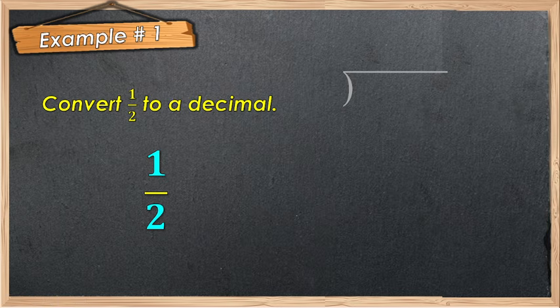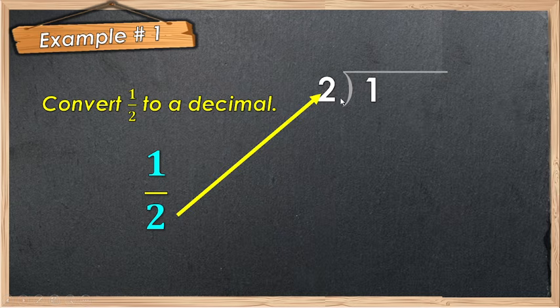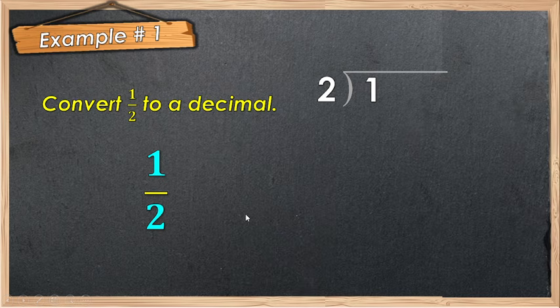First, we have example number 1, 1/2. How do we convert 1/2 into a terminating decimal, or into a decimal number? First, we're going to divide the numerator by the denominator. So we have to divide 1 divided by 2. Use the long division bar to express the division process. Again, 1 divided by 2, not 2 divided by 1. 1 is the value of the numerator and 2 is the value of the denominator. So use the long division bar to express it and then divide.